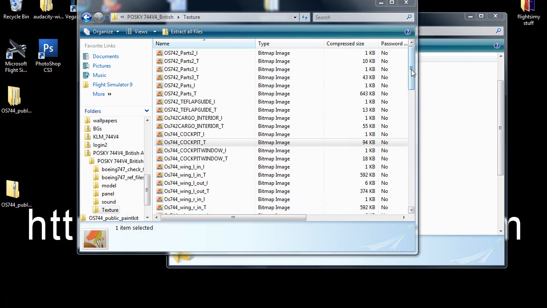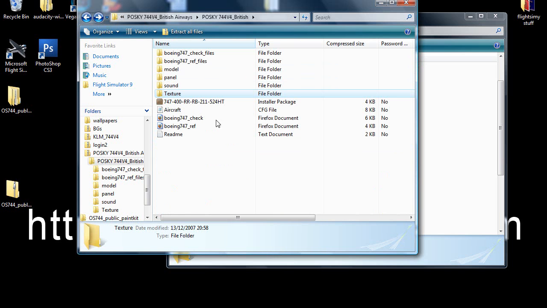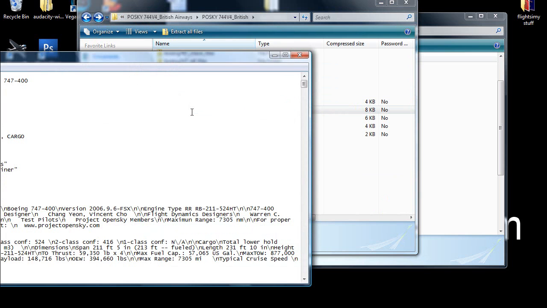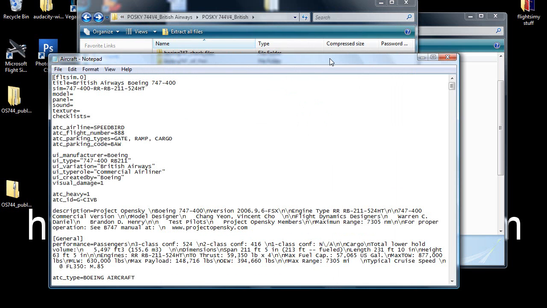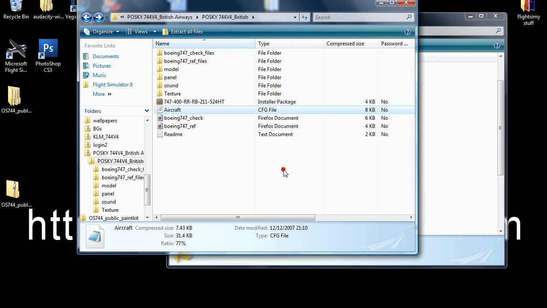Okay, so once you've done that, just go back and you can edit the aircraft CFG file, and to do that, just open it, change the title, like that. So yeah, just do that, hit save. I'm not going to save this one, I'm not really bothered doing that. Then just go back,